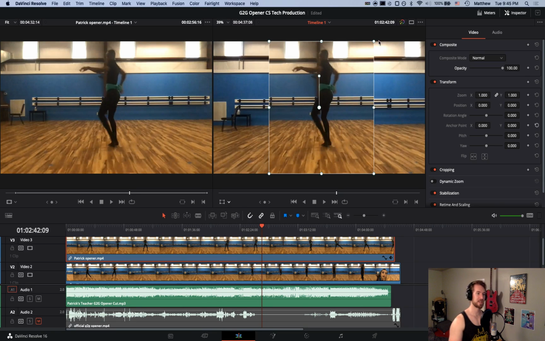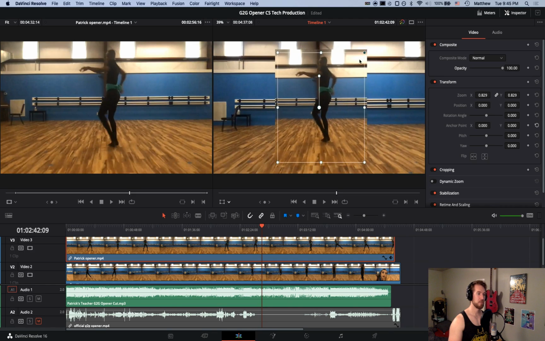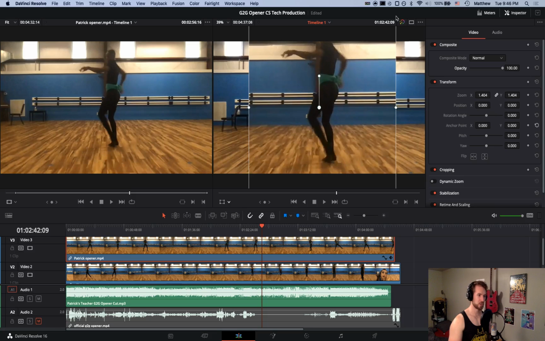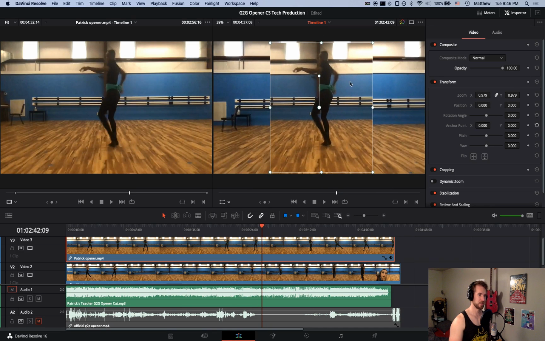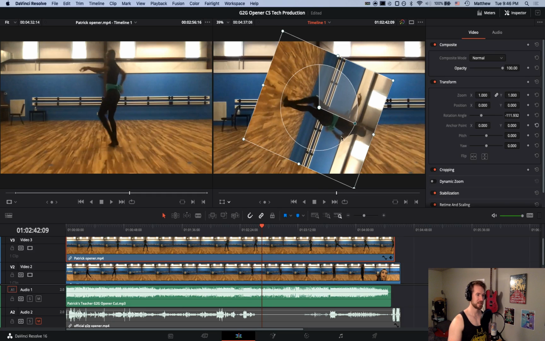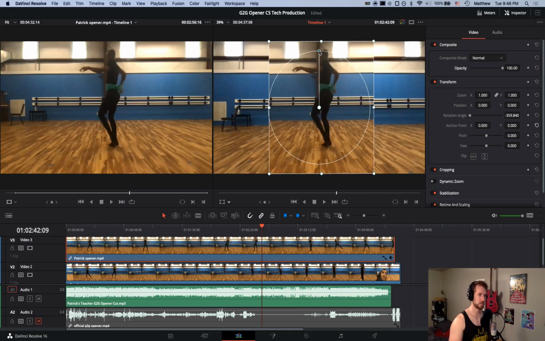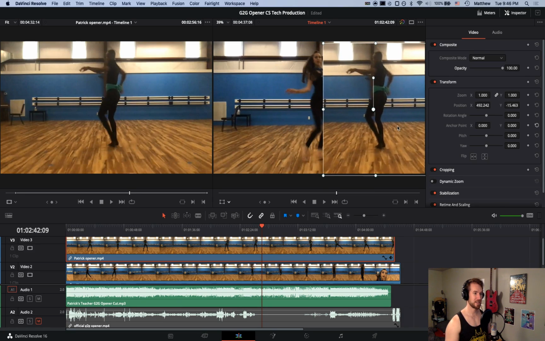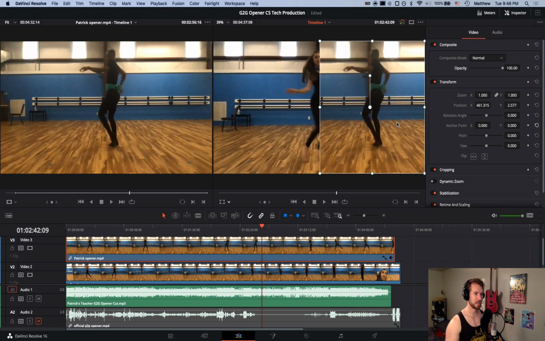Now transform allows us to move, to shrink, to enlarge, to rotate, and to just move a video. So we're going to take this video, or this clip, and move it to the right. So he only takes up about half of the screen. Now we're just doing kind of gross movements right now. Gross as in large and not super